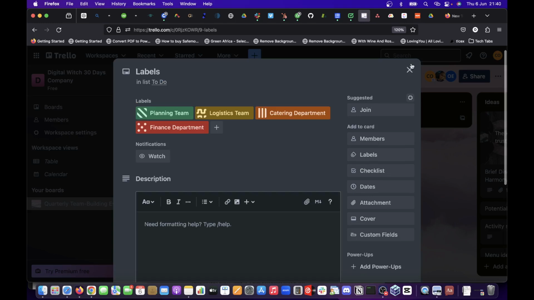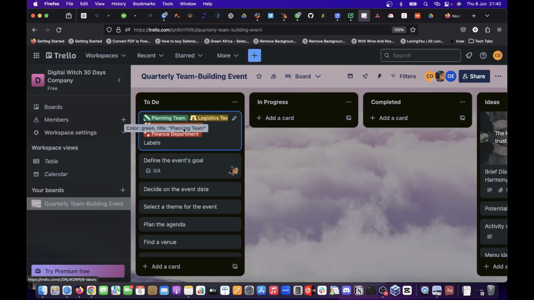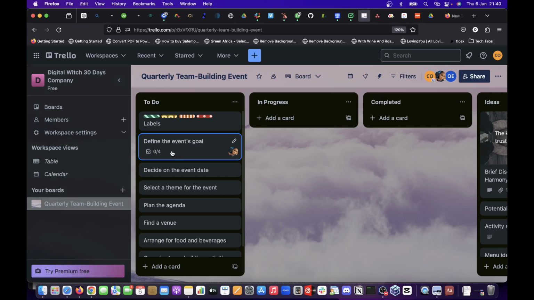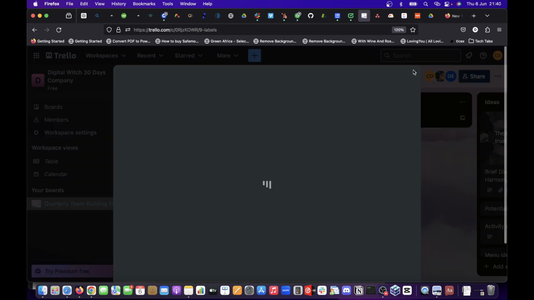The reason I like having my label here is that if I decide to assign this task to the planning team, or if I decide to assign it to the finance team,